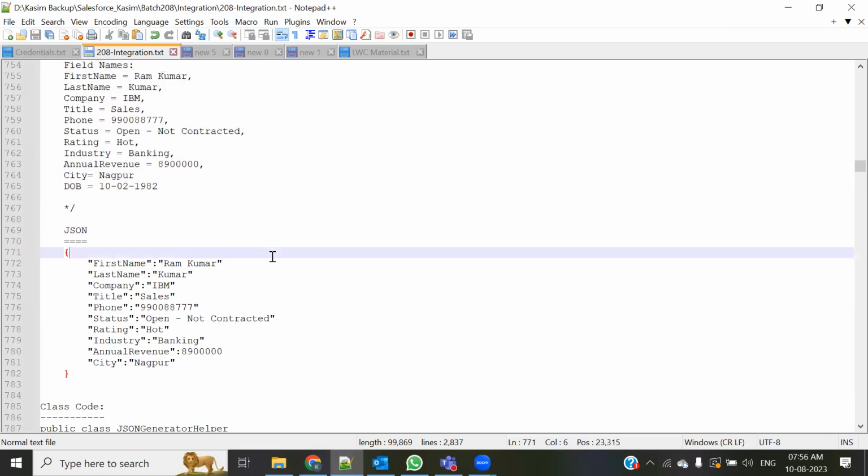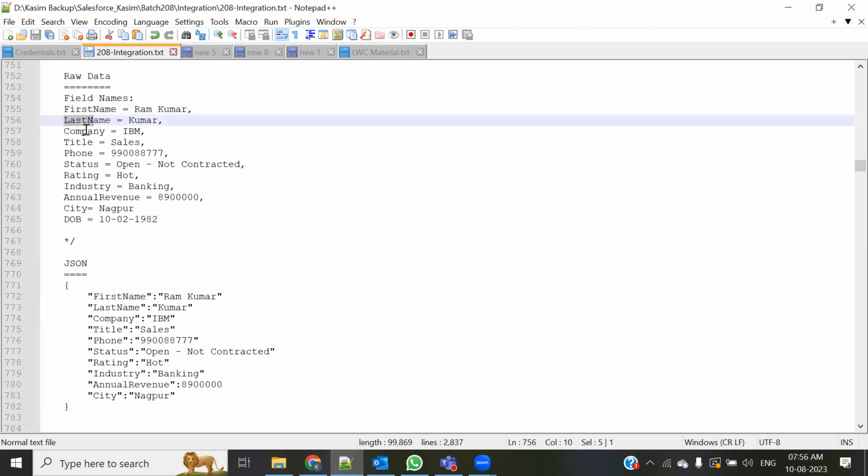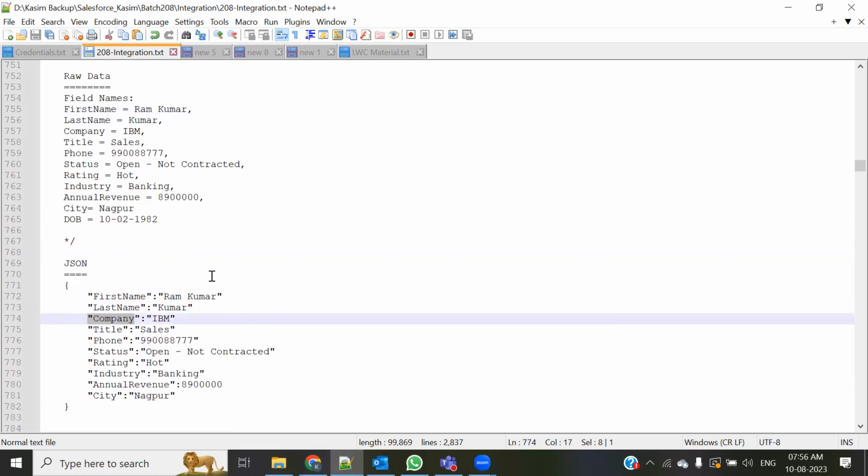By the way, इसका आउटपुट क्या रहेगा वो अगर आप देखें, अगर आप इसको मैनुअली क्रिएट कर रहे होते, तो you know that JSON always starts and ends with a curly bracket. Then all these, like the first name, the last name and all, they are key names, they are field names. They are always enclosed within double inverted commas. Now depending upon the value,